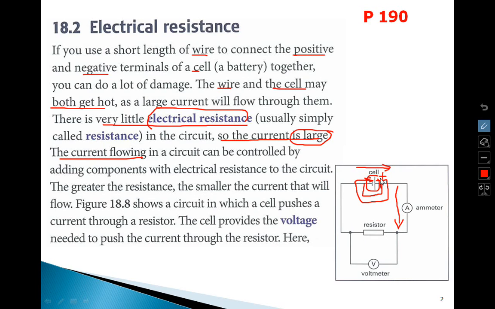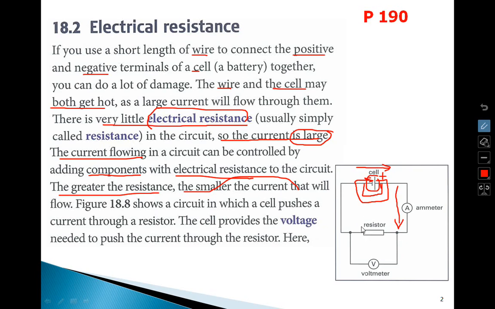The current in the circuit can be controlled by adding some component with electrical resistance to the circuit, or by making the wire a bit longer. So the conclusion is: the greater the resistance, the smaller the current. If the resistance is high, the current will be low, and a smaller current will flow in the circuit. As we can see here in this figure,